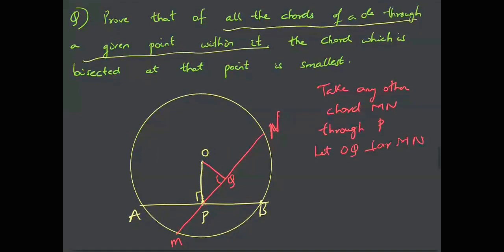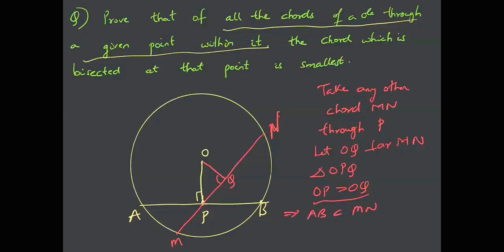Okay. Now, if you observe this triangle OPQ, you can say that OP is clearly greater than OQ because OP is the hypotenuse and OQ is a side. So hypotenuse is the largest side, OP is greater than OQ. Now you can see that since this chord AB is farther from the center, this is the smaller one, right? We have already learned that the chord nearer to the center is the larger one, right? So then AB is greater than MN. Sorry, AB is lesser than MN.